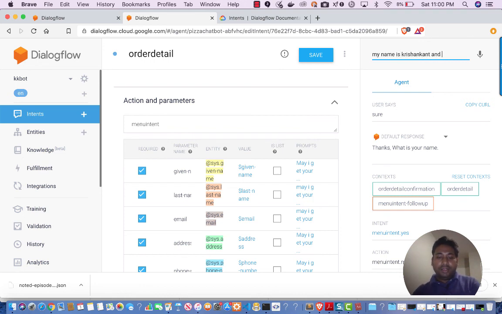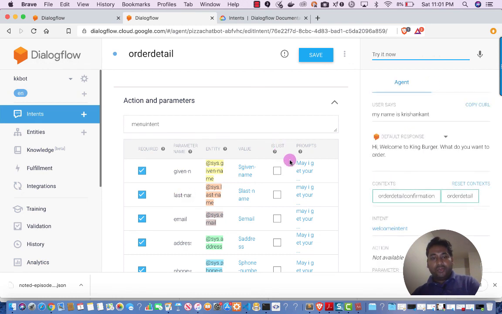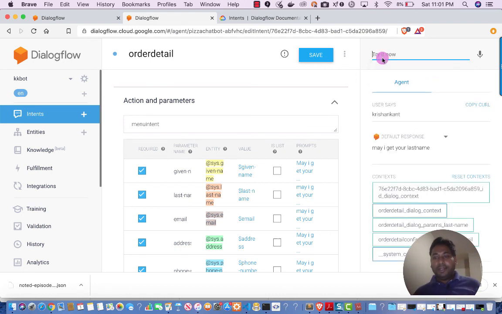If I give the shipping address, 220 Jarvis Street, it will take that address, and then in the text response I'm creating "Thanks for ordering, your order of..." So I'm printing the details. Currently I have not integrated any backend system, but you can see I have all the information required for a successful burger order.